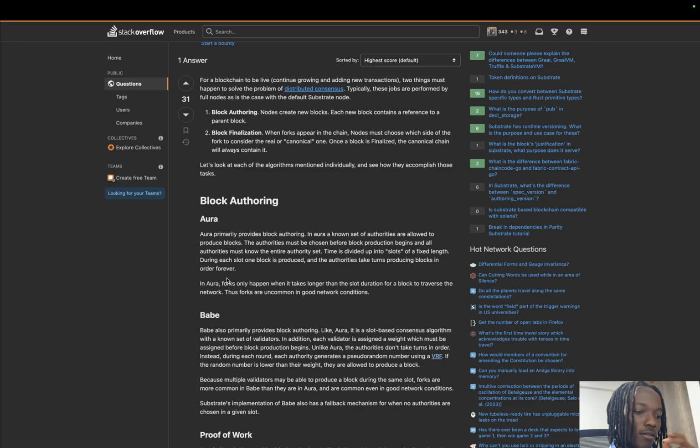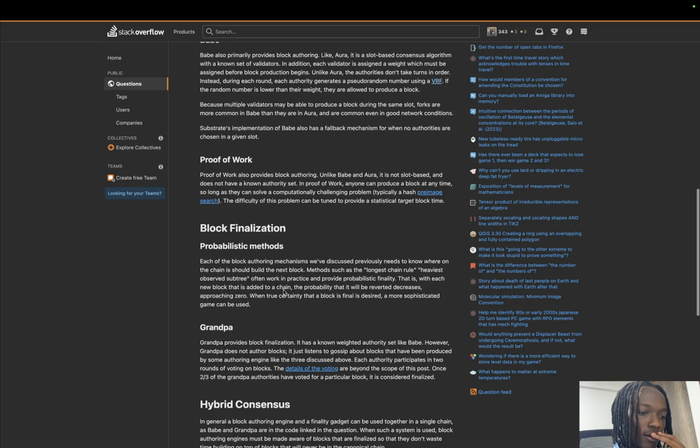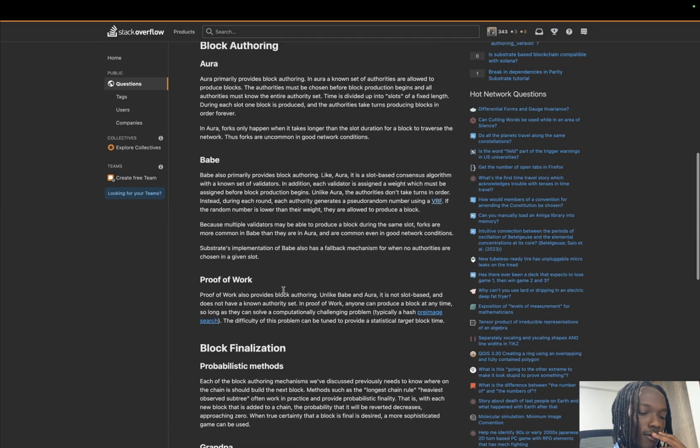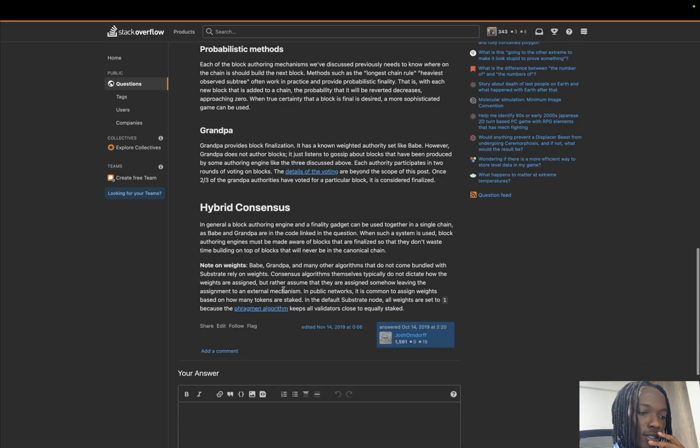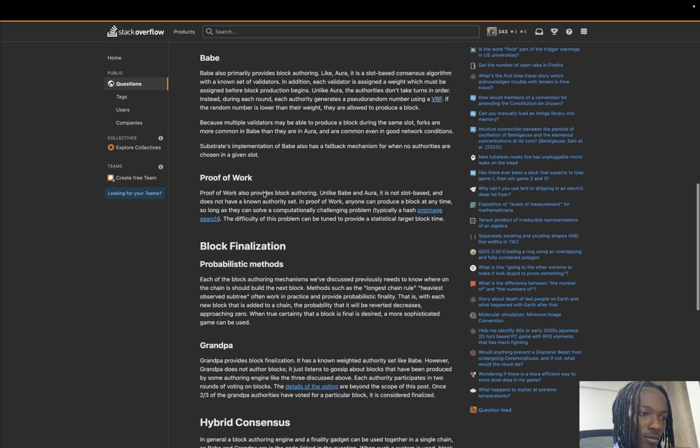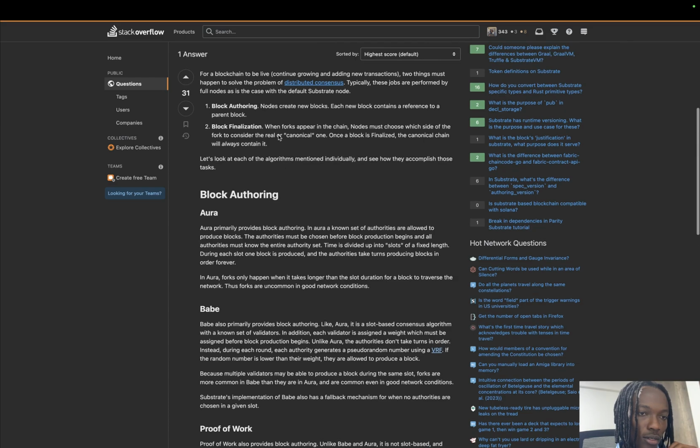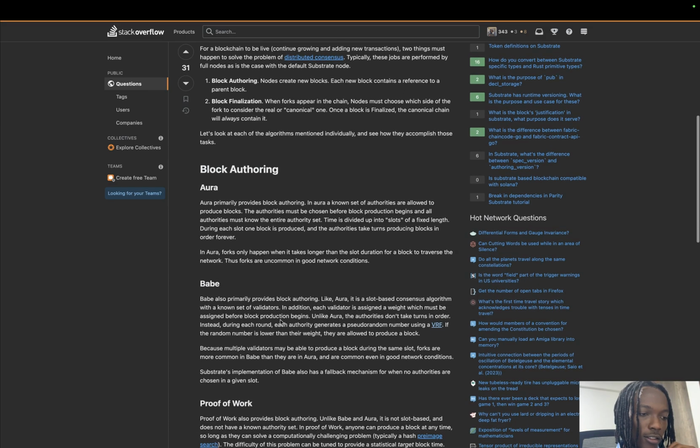Okay, so let's just have a general overview of the block authoring algorithm. I would say not algorithms, but it's a little bit more. Let's just look at what this part of the answer says. And as always, don't take whatever we read on Stack Overflow as the absolute truth. I will go back and do more research on the matter, but let's just have context of what Aura is